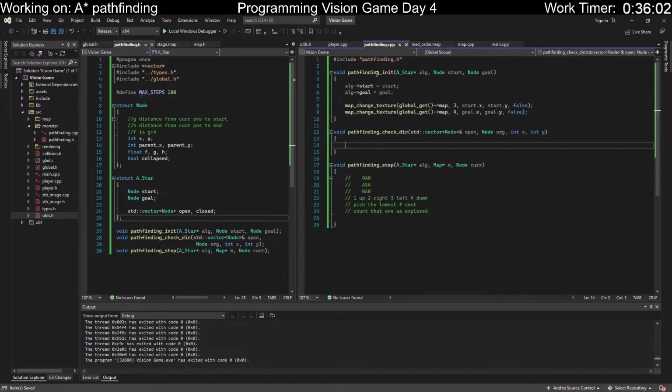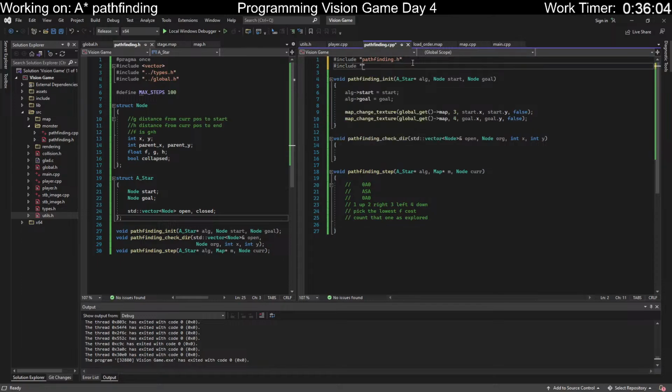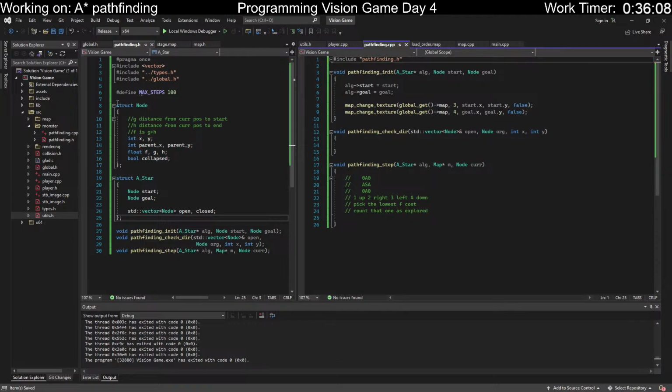And then in here, include utils. Oh, there should be a math. There should be its own thing. So I should make